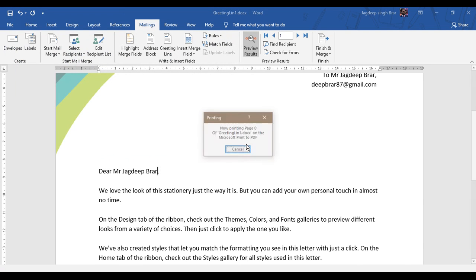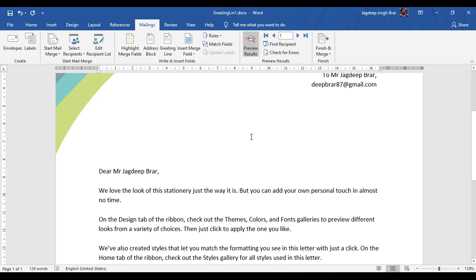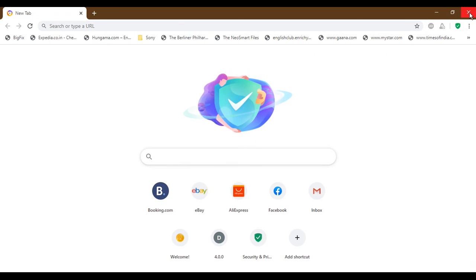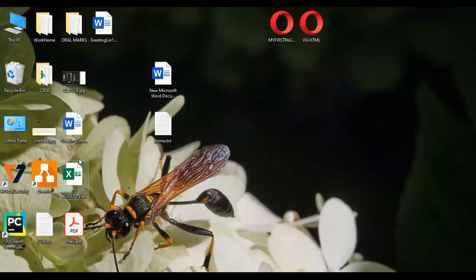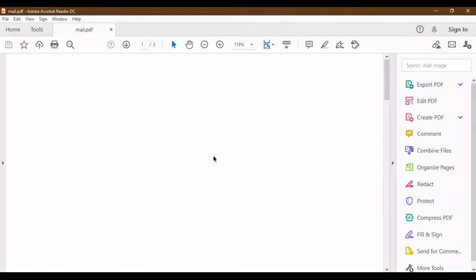So now you want to check the PDF. Browse to your location. Here we have saved it on the desktop with the mail name. Select that file and open it. As you can see, we have a letter to a person.